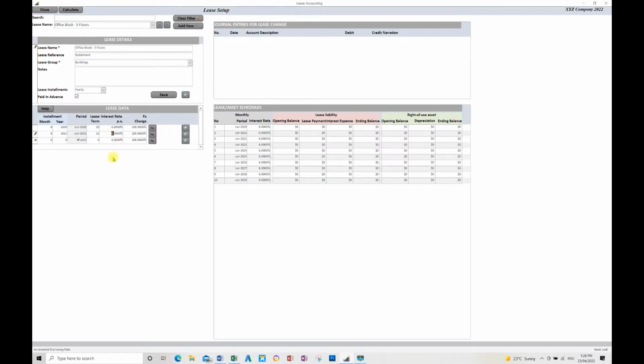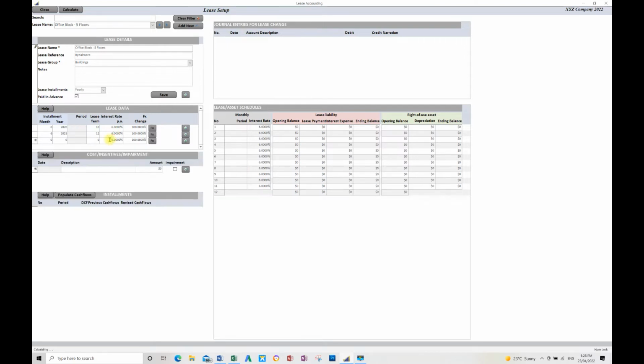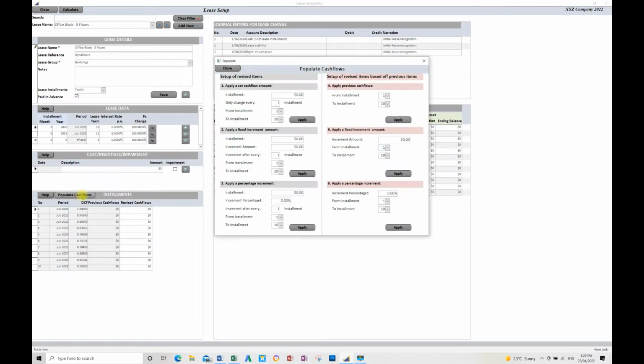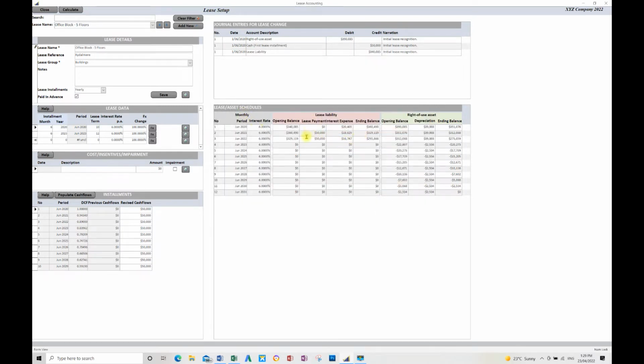And again, we're going to assume that the incremental borrowing rate has not changed. So I'm going to leave it at 6%. So I will now register the change. So the initial lease, we will assume that the initial lease for this block was at say, this is an annual payment, so we'll assume for the block it is say 50,000 a year for the office block. So I'll apply that. So that was the initial entry required to record the change, which gives you the initial entry. Then when it comes to the modification,